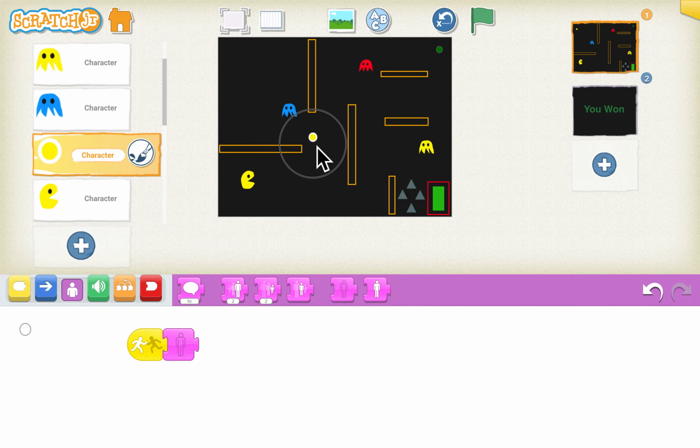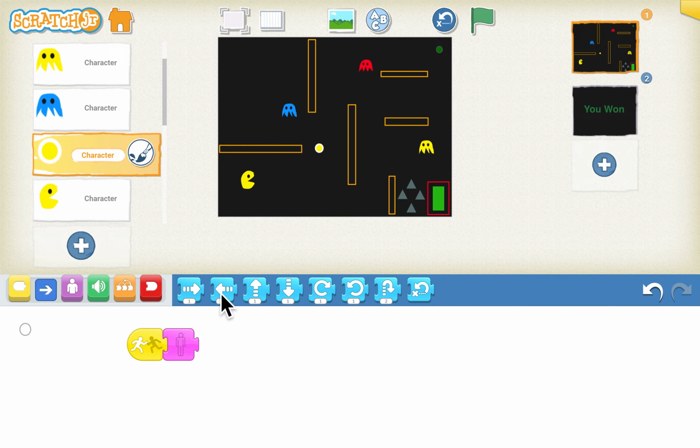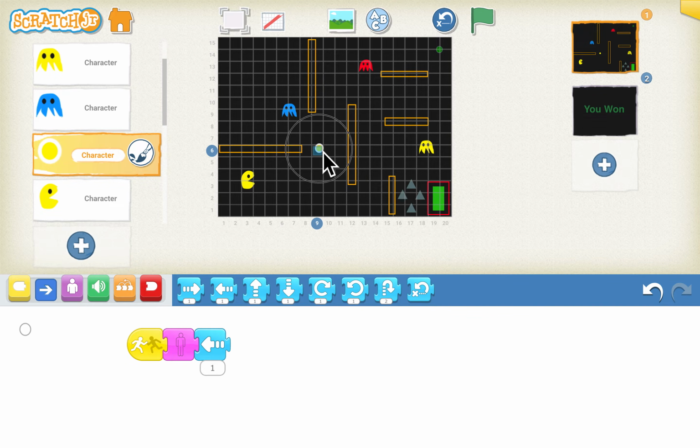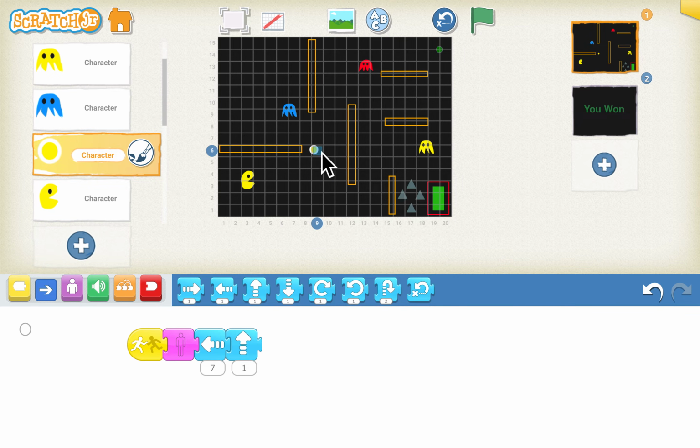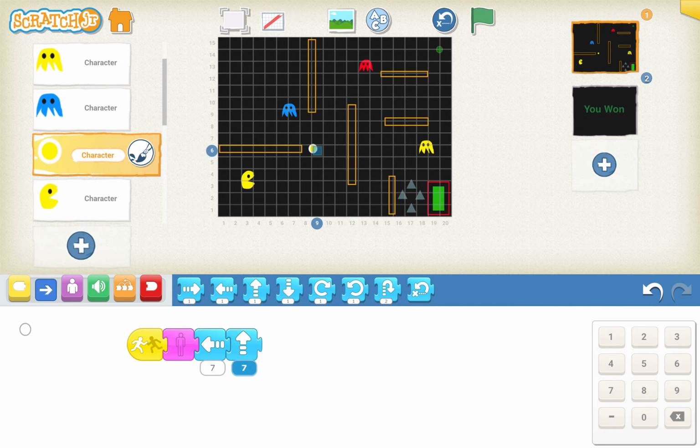So we will keep the food back again, and then we'll choose the motion blocks. Take the left arrow block. We will choose the grid option to see how many steps, as it has to go from approximately 8 to 1. So it is going 7 steps. We'll change this to 7. And then it should go up because we want it to go to the left and then up. So it is approximately 7 steps. We want it to go a little here. So we will change the up arrow also to 7.